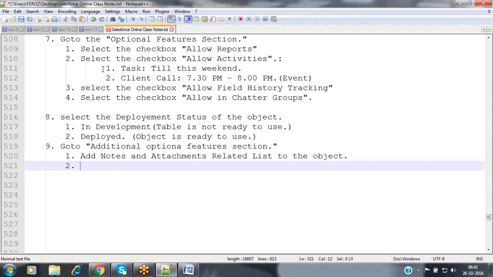In the same way, for each and every record, if you want to add any attachment, then we can select that checkbox, add notes and attachments related list. Then only we can add some attachments along with those records. And the third one, and the most important feature is